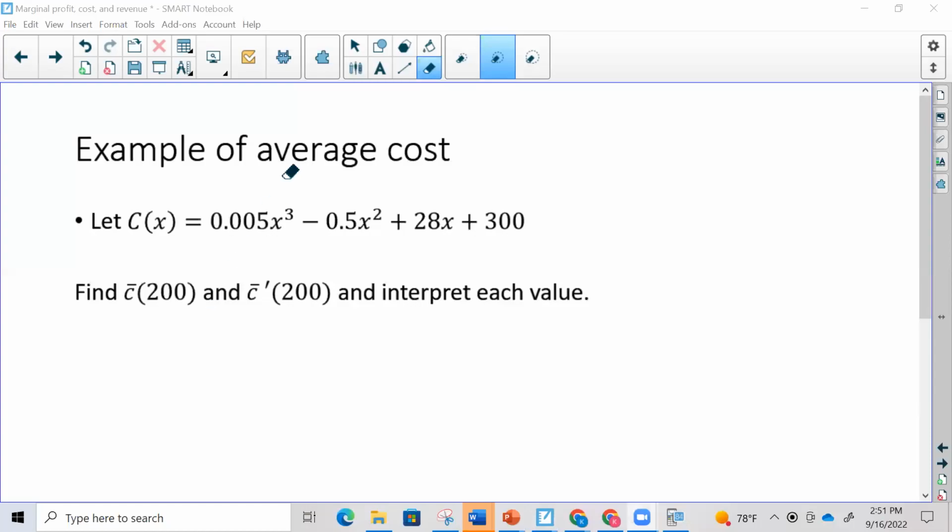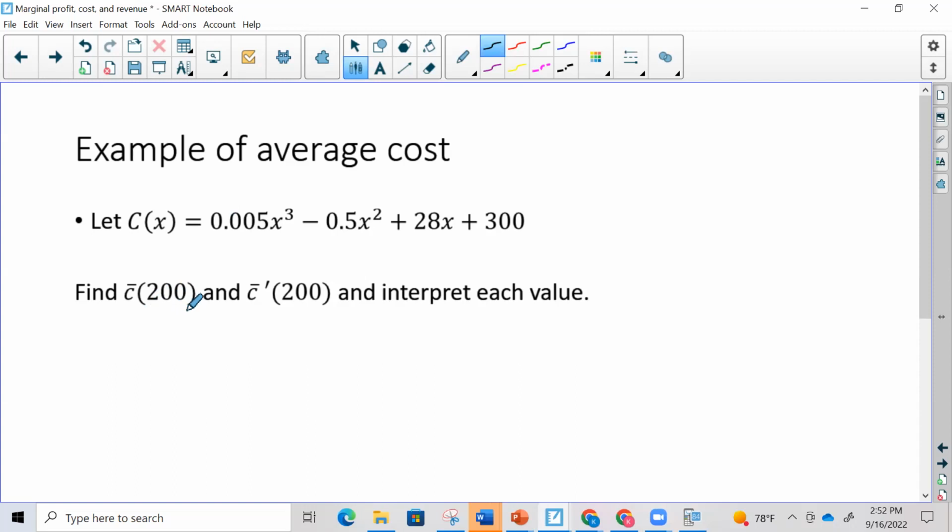So for this example, we want to find the average cost. It says, here's my C of X function, find C bar of 200, the average cost when X is 200, and then find the derivative of the average cost and then interpret each value. So first we need to find the function for the average cost, and we do that